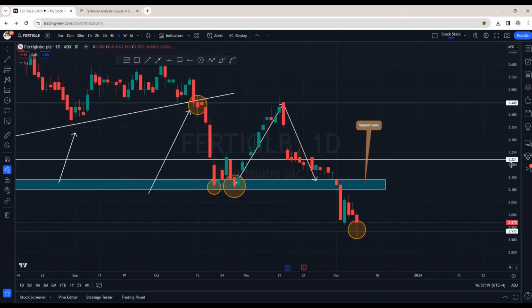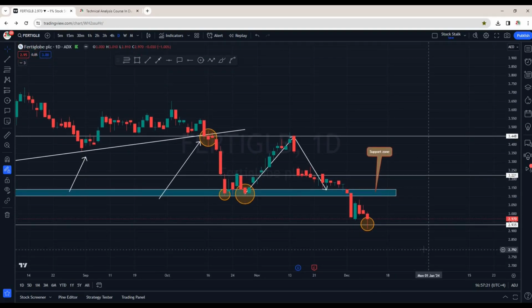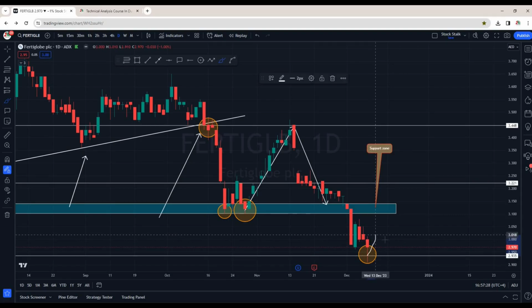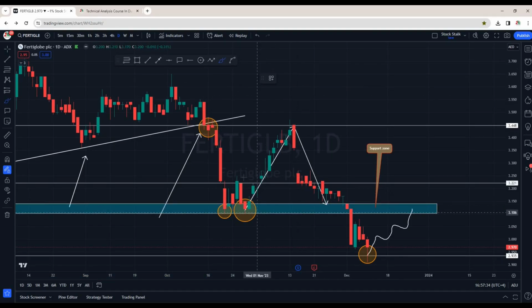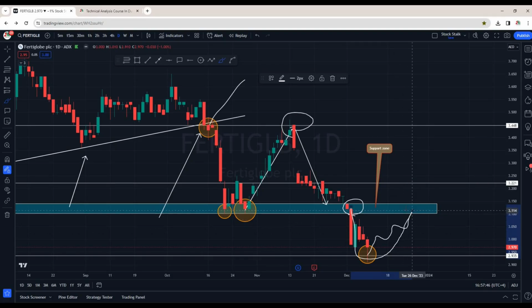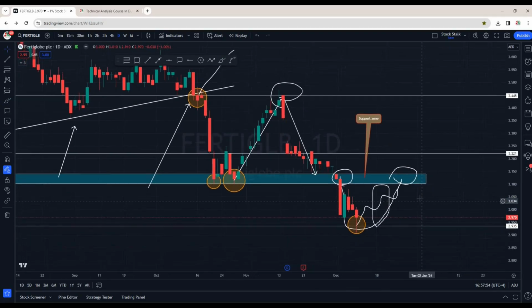But let me tell you, this stock is in a downtrend. This is not yet converted into an uptrend. So what can happen from here is we can see some buying coming in and it will try to hit this resistance that was previously a support. As I just explained here, this was support, the same zone is now resistance. Exactly the same scenario, this was support, and now when it will try to hit, this will act as a resistance. So this is good for an early bird entry in case you are planning to hold this stock